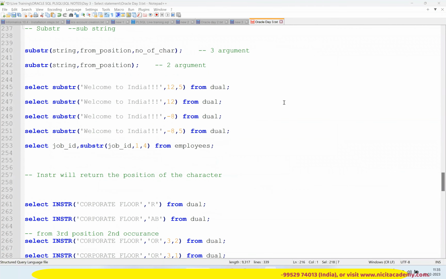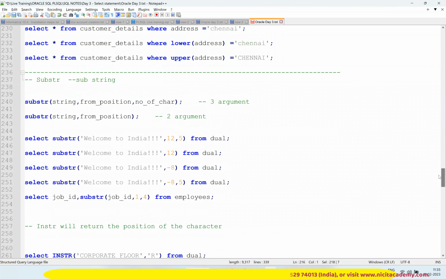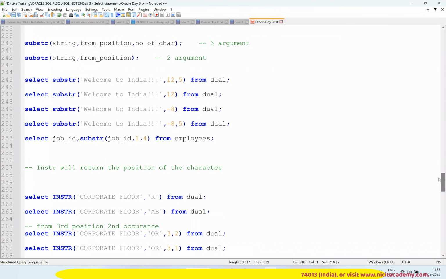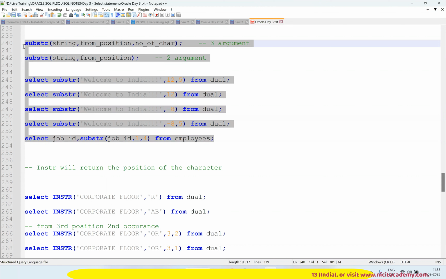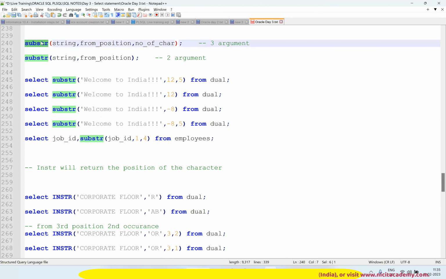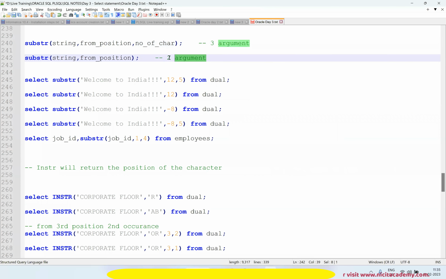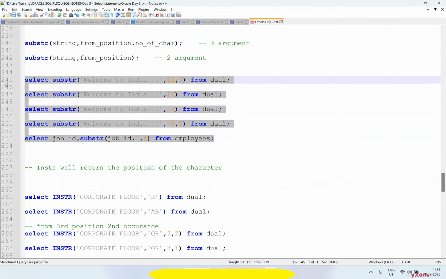Yes. Okay. Now I will go for another function called substring. See, this substring and instring we will definitely use multiple times. Understand that substring may take 2 arguments or it may take 3 arguments. If it is taking 2 arguments, you have to give the string and from position. So from which position I have to take the data. You can go for from position, number of characters. If you are giving more number of arguments. Yes, if you look at this,